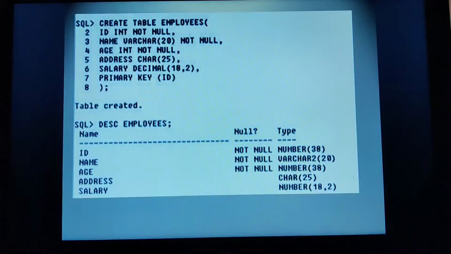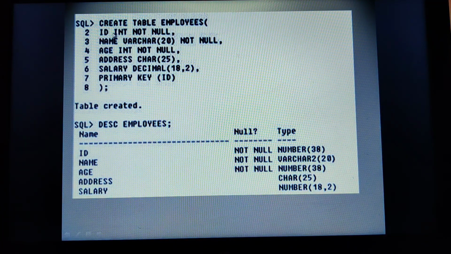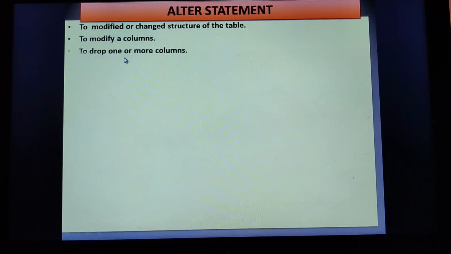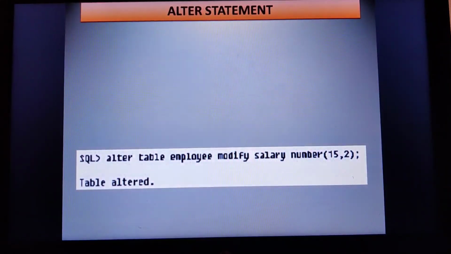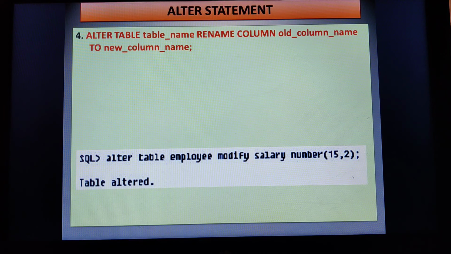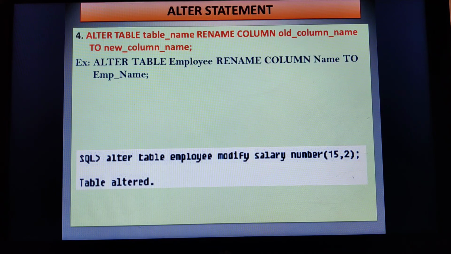Previous example of employee. Here we had ID, name, age, address, salary. When I dropped that particular column, this address column would be dropped, isn't it? Now I want to rename this name as employee name. Then I can use the keyword RENAME COLUMN, from the old column name to the new column name.